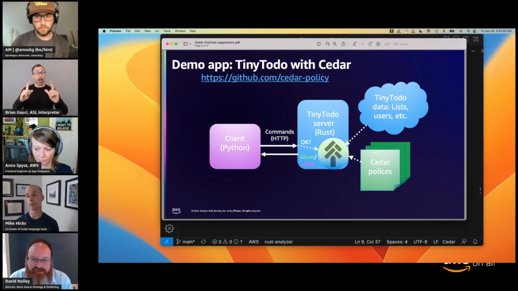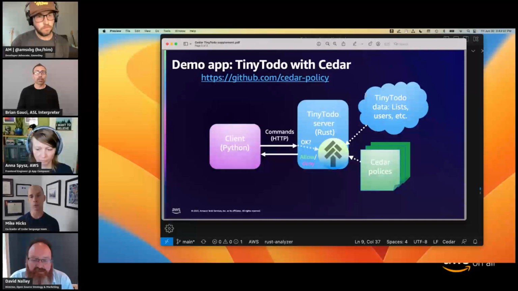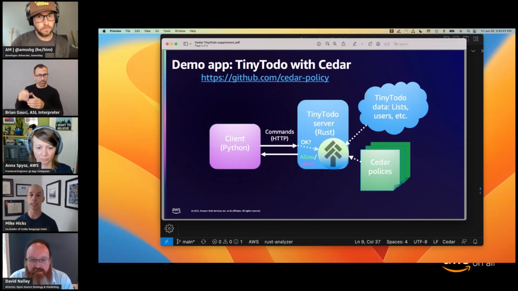So this is going to give you the advantage of those policies being in one place. Cedar policies, I think you'll see for yourself in a moment, are easy to read and pretty easy to write as well. Because you can see them all together, you can think through what those policies really mean. What do they imply about my security posture? And also I'm going to show you we have some tools that help you debug your policies so that you don't make security mistakes. And as we've been saying, all of this is open source.